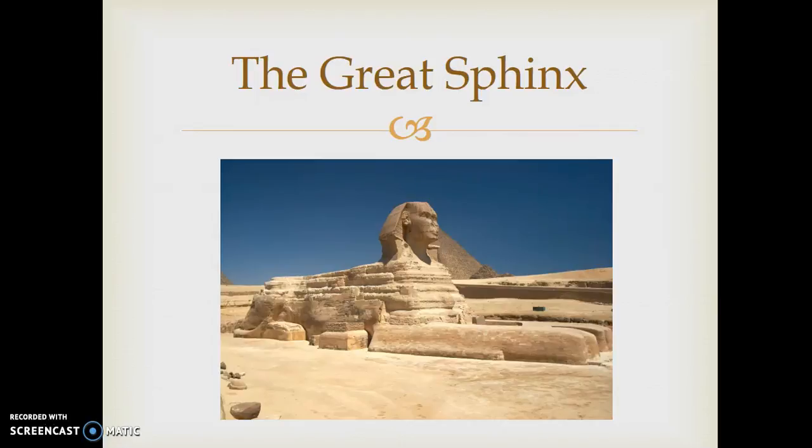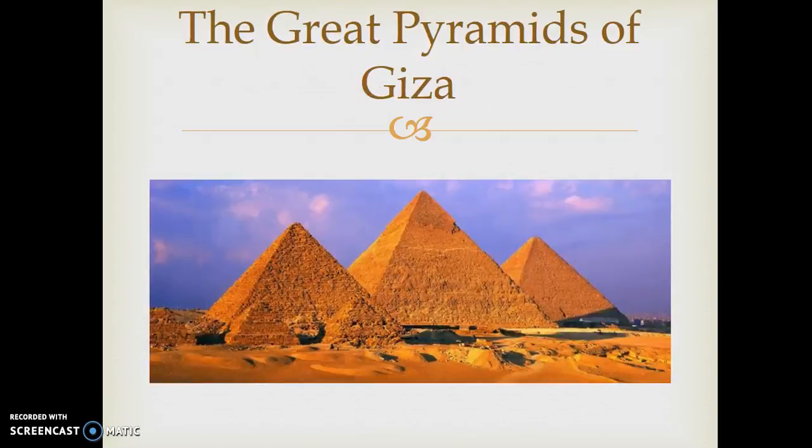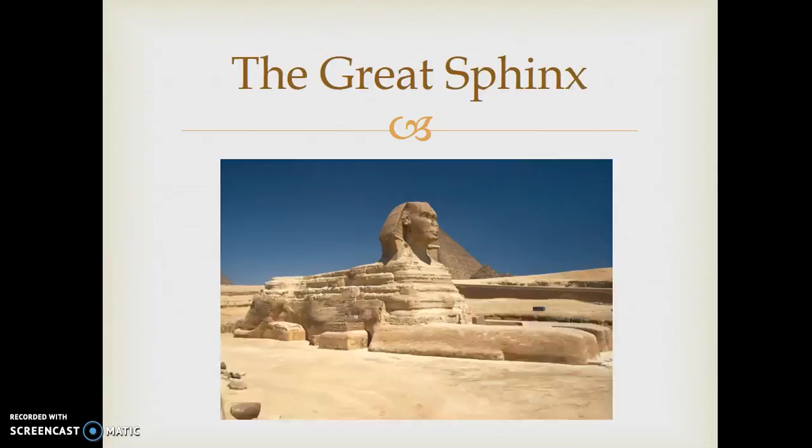And the headband that he wears, which is a headband that only kings are to wear, is called a khat, K-H-A-T. It ties up into a cobra's tail in the back. And a cobra is another symbol in ancient Egyptian art that means strength and power. So going back to the pyramids, one other thing I wanted to say about the Sphinx is,